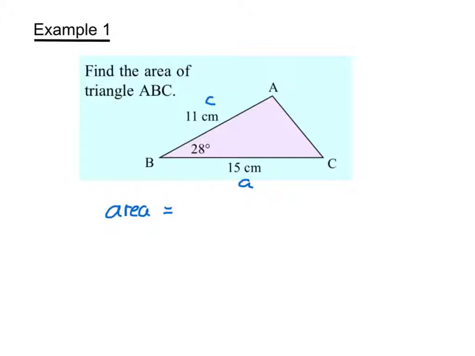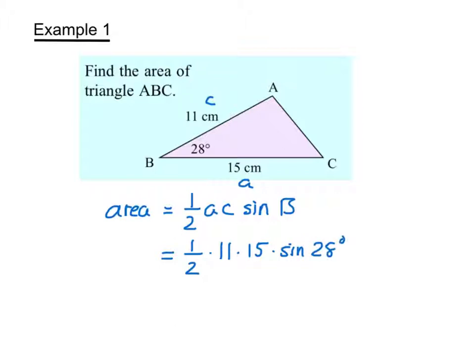So my equation will be 1/2 ac times the sine of the angle between those two sides, which in this case is angle B, and I know the value of angle B. So I can fill in all of these variables. I have 1/2 times 11 times 15 times the sine of 28. And if I plug that into my calculator, I get approximately 38.7